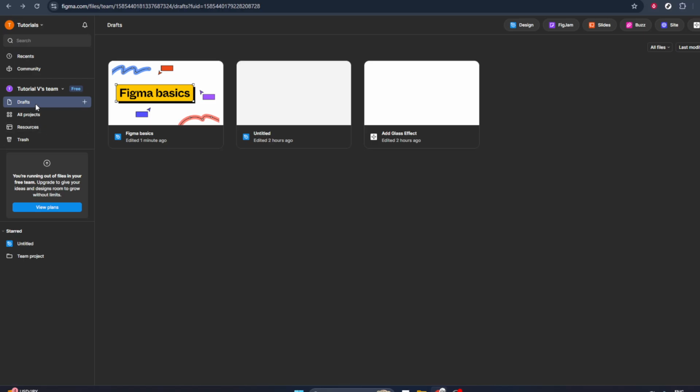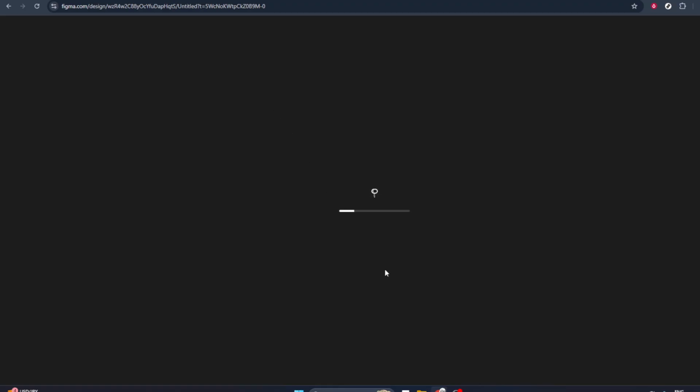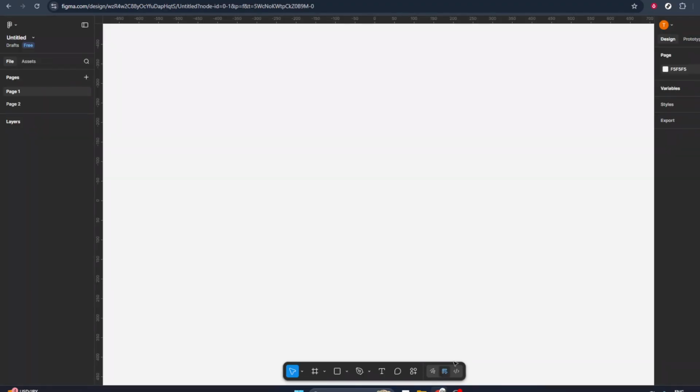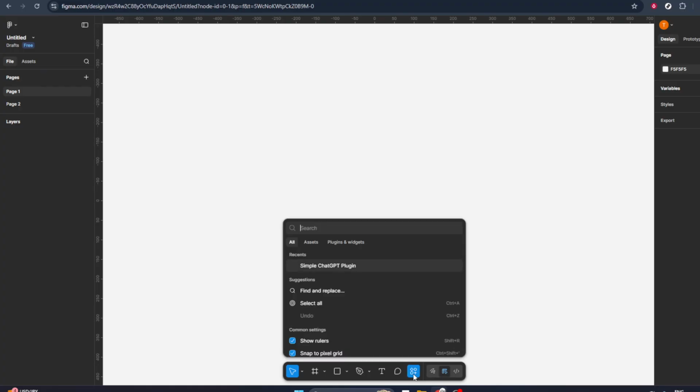First, open Figma and click on a project you want to work with. This can be any file where you'd like to add icons such as a UI layout, a wireframe, or even just a practice canvas. Make sure the file is open in the design view so you can see your frames